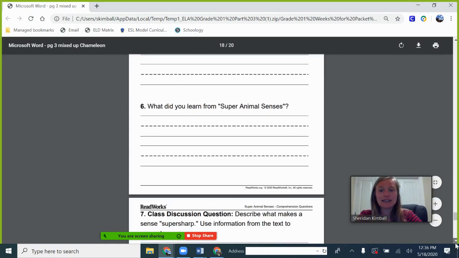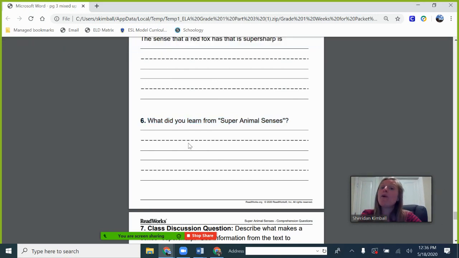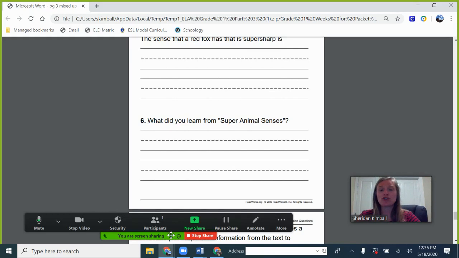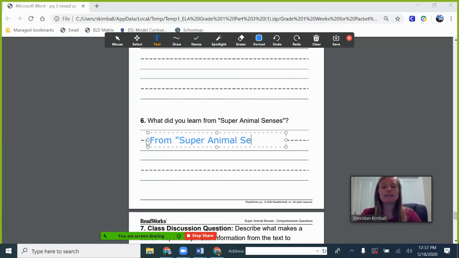Number 6, we have one more question after 6. Let's look at number 6. What did you learn from Super Animal Senses? To answer this question, you can start with this helper sentence starter. From, and we want to say where we learned it from. We're going to write the title, Super Animal Senses. So I'm just copying it from the question. From Super Animal Senses, I learned,